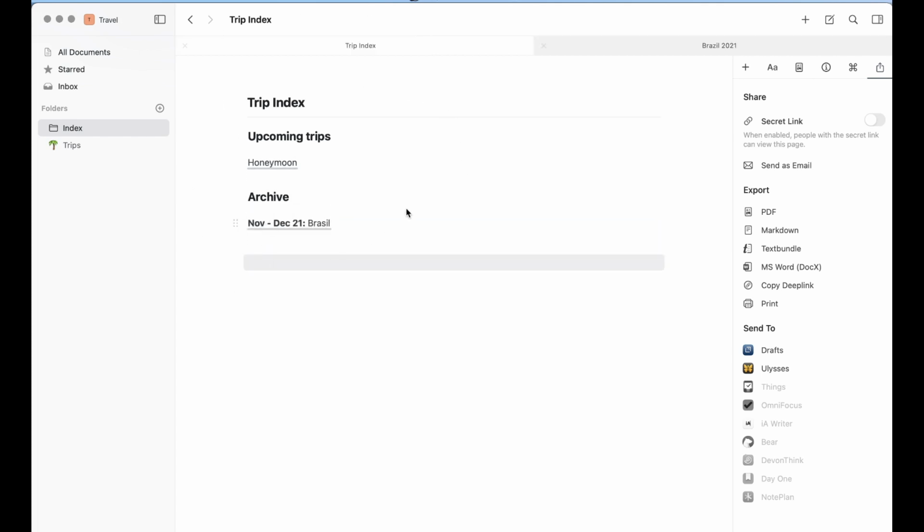These index documents usually help me to stay organized, and I create them whenever I feel that I need some more organization. Since I have 2 separate pages, one for this Brazil trip and one for the honeymoon, if I want to share one of them, like the Brazil trip, it's nice and organized, and the honeymoon information is not in there. Whereas if I put it on the same page and just create 2 separate pages on the same page instead of 2 separate documents, then this would be exported together and everybody would be able to see my honeymoon information, for example.